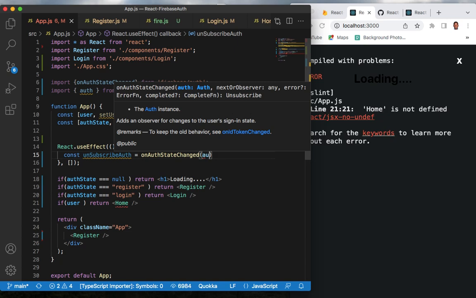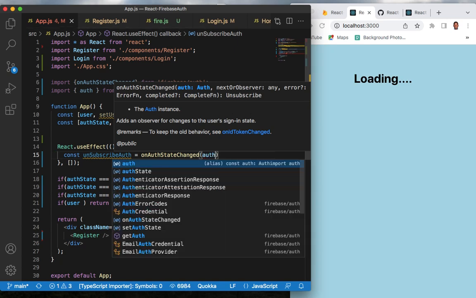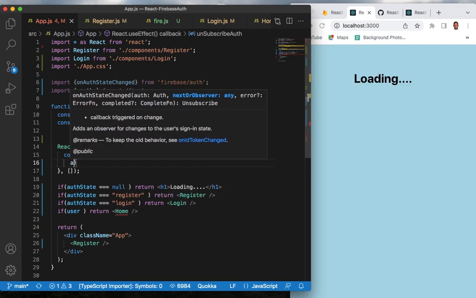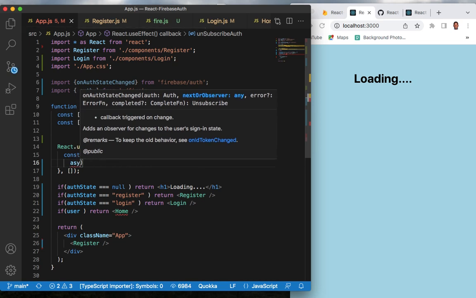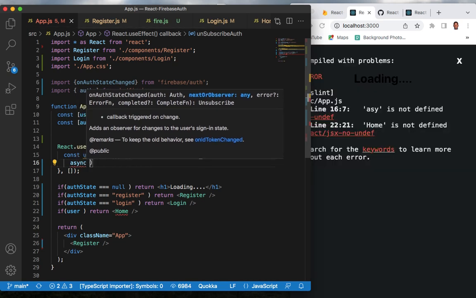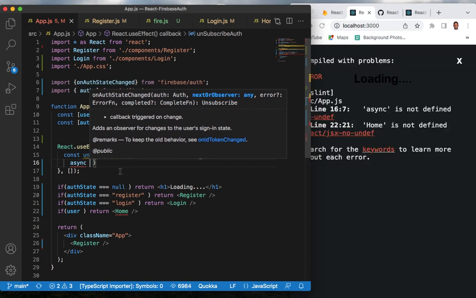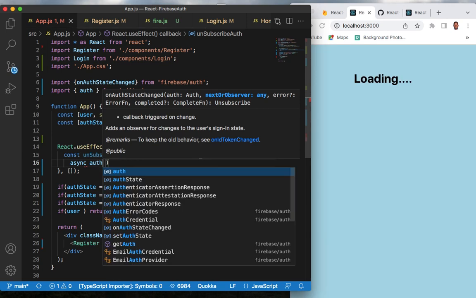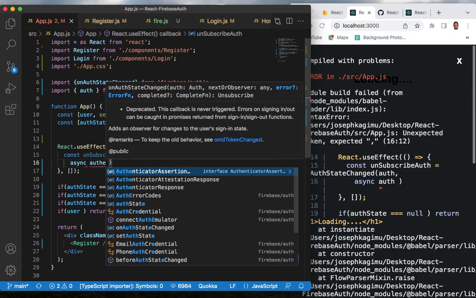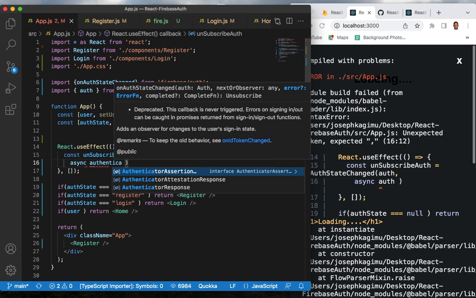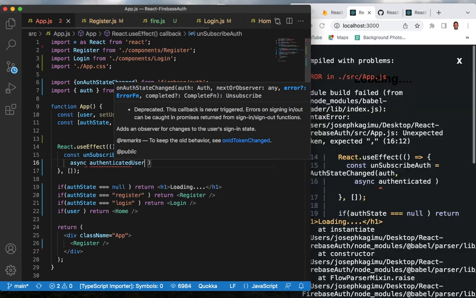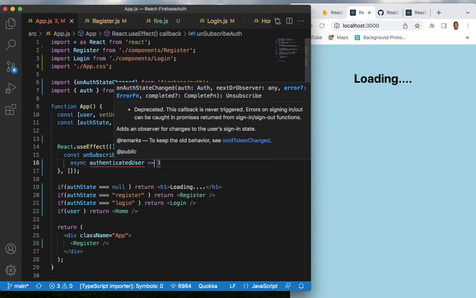So we just say auth, comma, and say async authenticated user, async authenticated user, let's say an arrow sign,